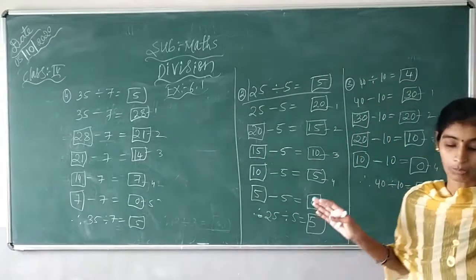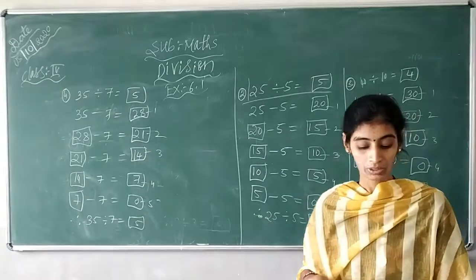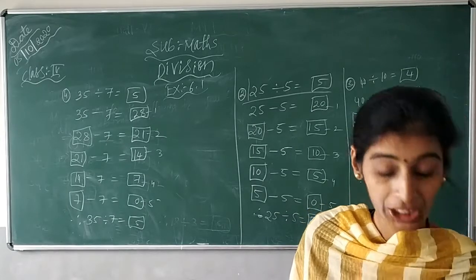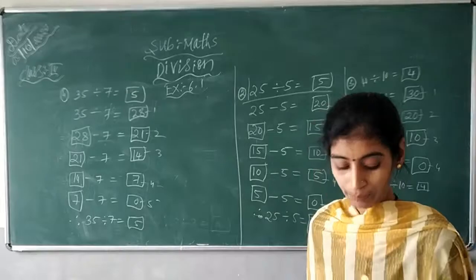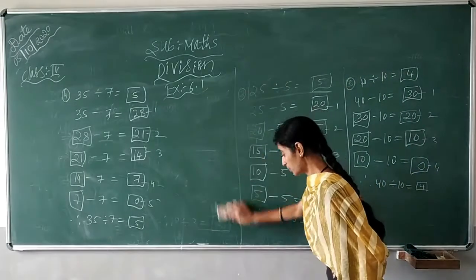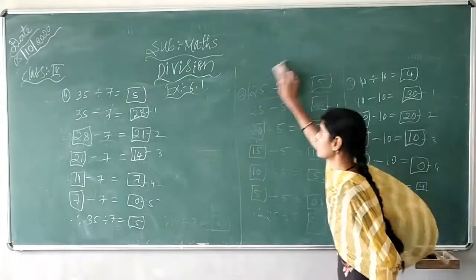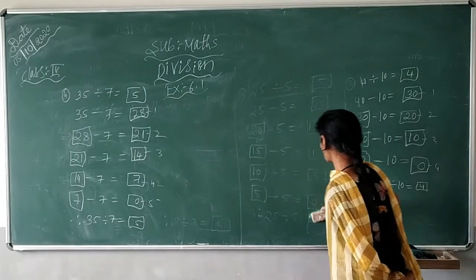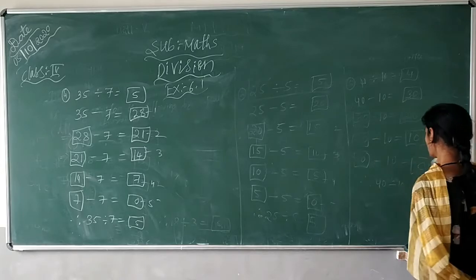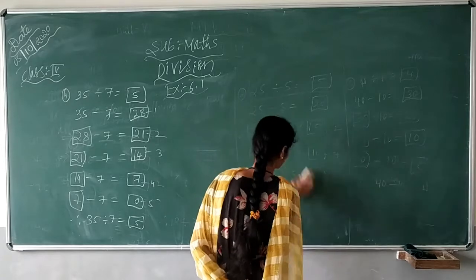So this is all about repeated subtraction. Okay. So next we will see the relation between multiplication and division, children. So please neatly, how I have written one below the other, you have to write it. You have to use the pencil for making the box. Don't write roughly and click. Immediately you should do the work.